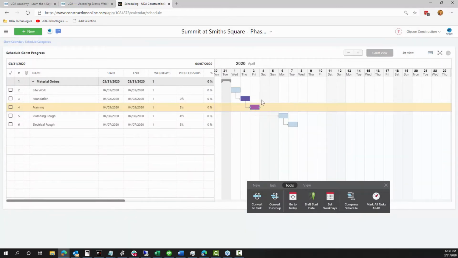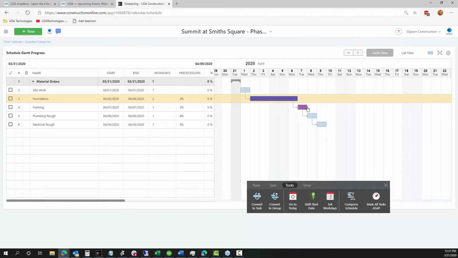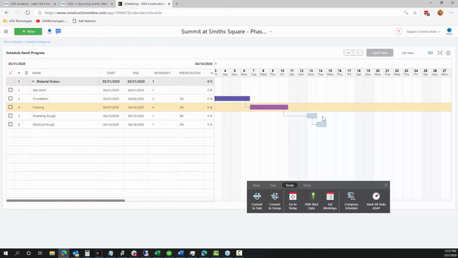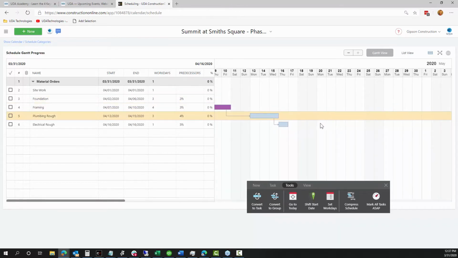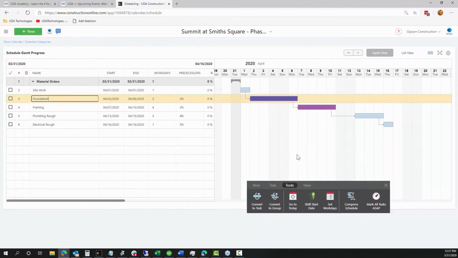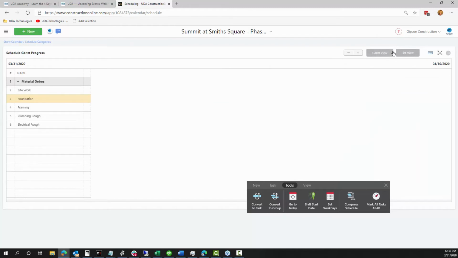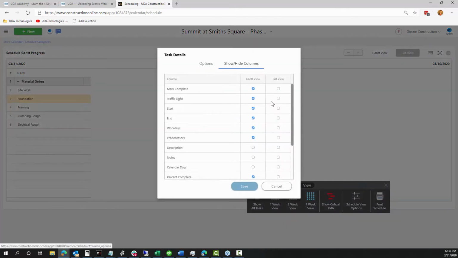Now, in terms of what you can do with some of this, there are some great options here for you as well. We've been focusing a good bit on creating a Gantt chart, so that's what I've done here. And it's great. You can see how easy it is to adjust dates or durations on some of these tasks. Everything is just point and click, drag and drop, so it makes it really fast to get this done. Once you have the schedule done, though, it can be nice to use this list view option as well. It is going to give you a list of information,